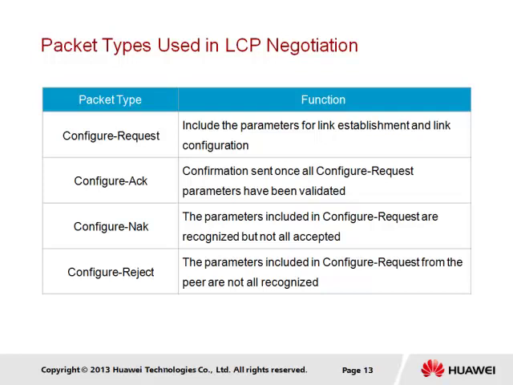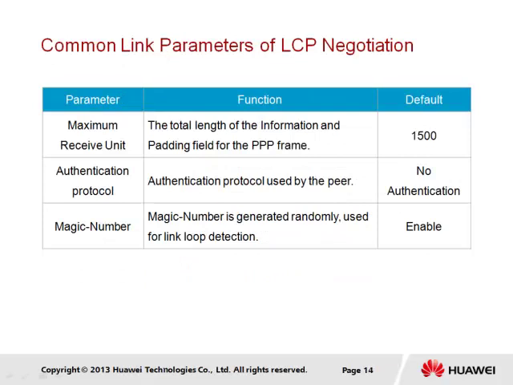These packet types will also include types for supporting PPP termination and maintenance, such as echo packets for supporting performance testing and debugging. We reference here some of the typical parameters that have been mentioned, including the maximum receive unit or MRU, authentication protocol, and magic number. Certain packet types may carry these parameters depending on the operation and whether such features as authentication have been configured. The MRU lists the size of packets that a peer can receive and is sent to the peer to control the size of such received packets, which by default is 1500 bytes.